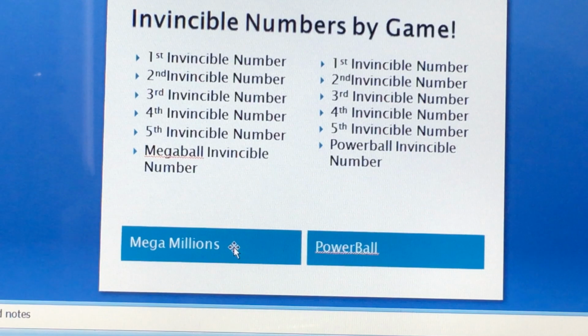These are getting updated often. So you get a strong chance of hitting that mark that you want to hit, that 4 to 5 number mark. Don't worry about the jackpot yet. We're aiming at the 4th and 5th number, because we know that everyone is going for that jackpot, and the jackpot is not easy to hit. So that's why I told you to aim for that 4 or 5